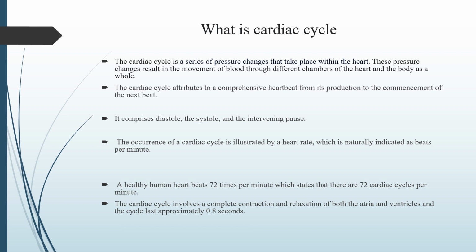It comprises diastole, the systole, and the intervening pause. The occurrence of a cardiac cycle is illustrated by a heart rate, which is naturally indicated as beats per minute. A healthy human heart beats 70 times per minute, which states that there are 72 cardiac cycles per minute. The cardiac cycle involves a complete contraction and relaxation of both the atria and ventricles, and the cycle lasts approximately